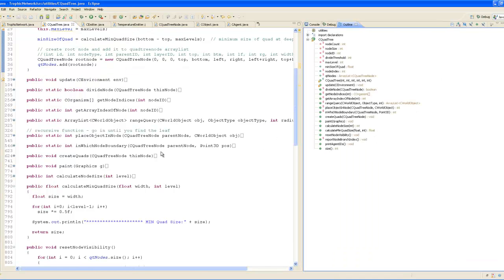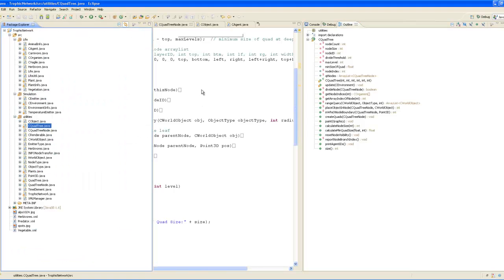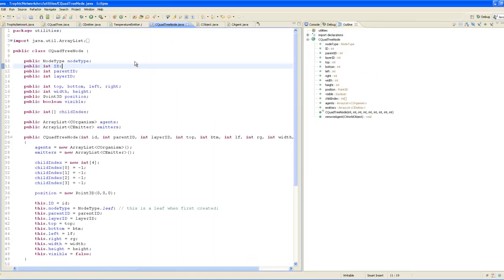A host of functions to manage the size, manage the calculation, object placement, and range query of this QuadTree. On the other hand, you also have the QuadTree node, and the QuadTree node is basically just one node in that QuadTree,